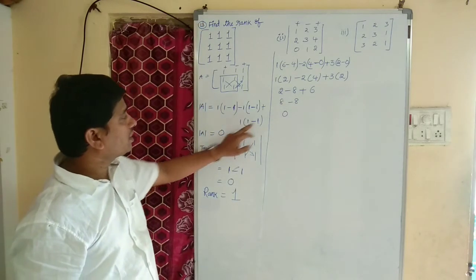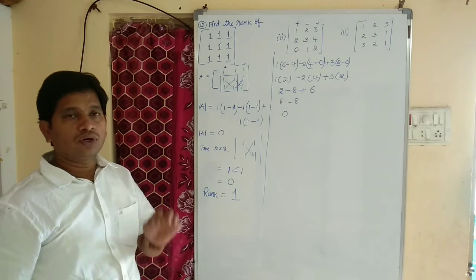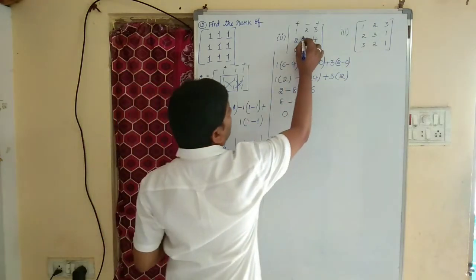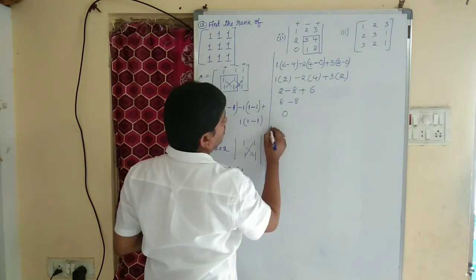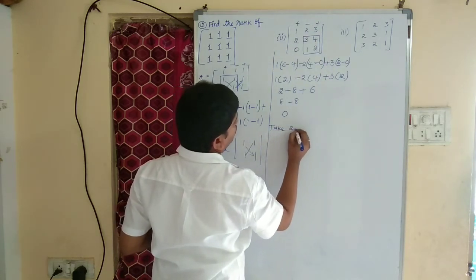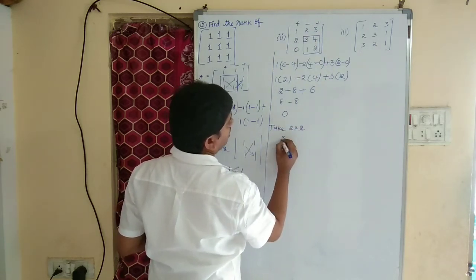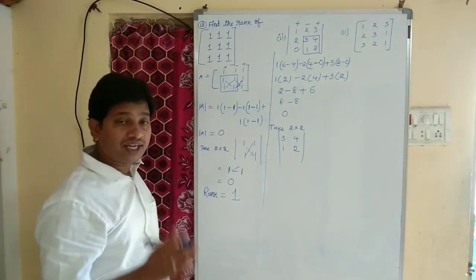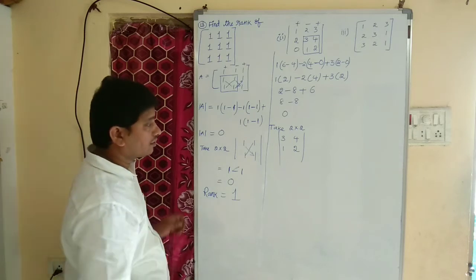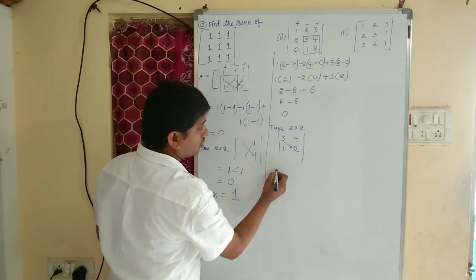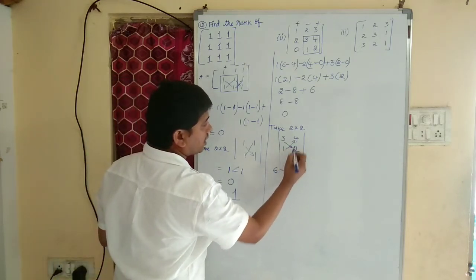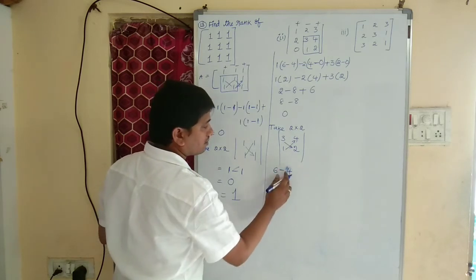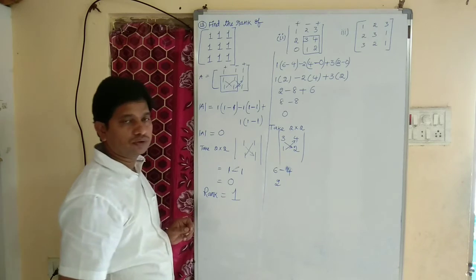Again here also the determinant of the given matrix is 0. Now what to do? Take a 2 by 2 matrix. Okay. Let me take a 2 by 2 matrix: 3 4 1 2. Now let us find the determinant of the 2 by 2 matrix. I mean 3 into 2, 3 2s are 6, minus 1 into 4, 1 4 is 4. So 6 minus 4, that is equal to 2.